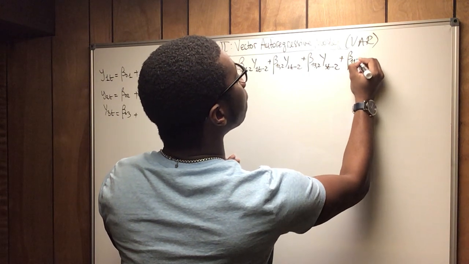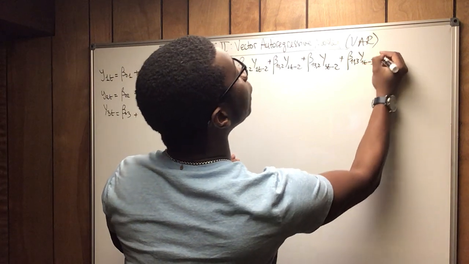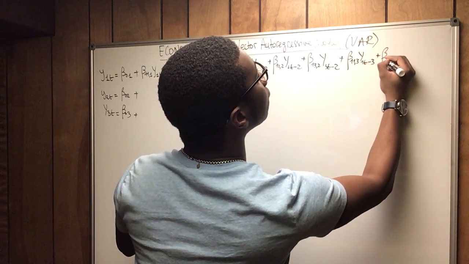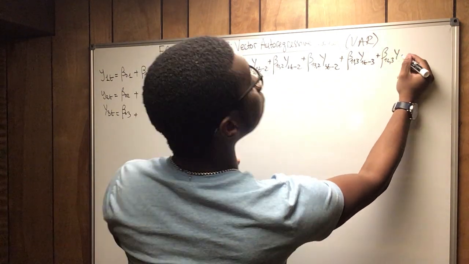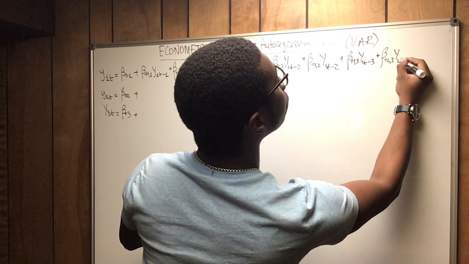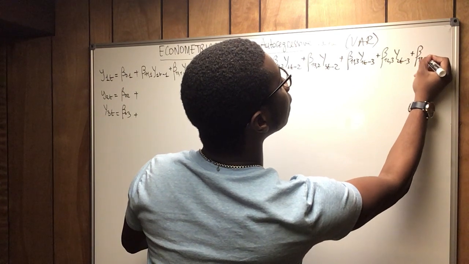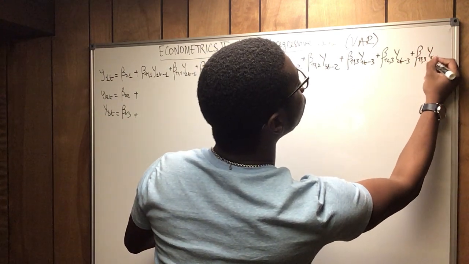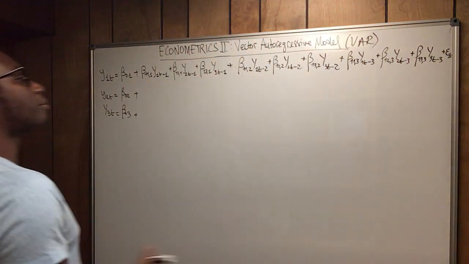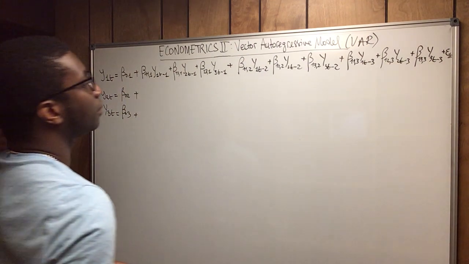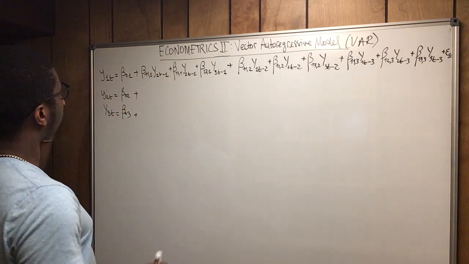Beta 11,3 times y1t minus 3 plus beta 12,3 times y2t minus 3 plus beta 13,3 times y3t minus 3 plus epsilon 1t. Okay, this is just for the first one, and we have to do the same for the second and the